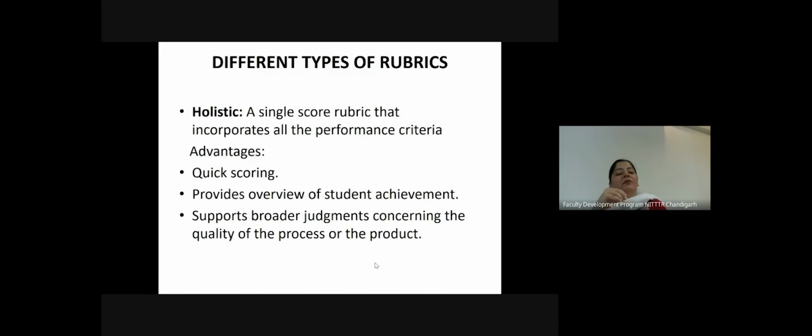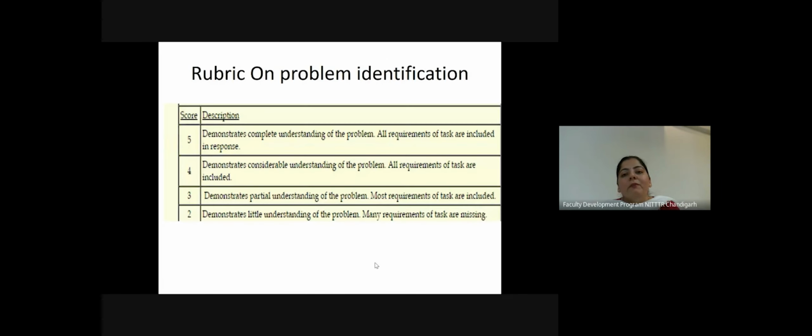अब हमारे पास different variety of subjects are available. There are few numerical subjects, there are few theoretical subjects. So nature of the subject is different. So depending upon the nature of the subject, our evaluation tool also need to be different. So जब हम holistic kind of rubric की बात करते हैं,